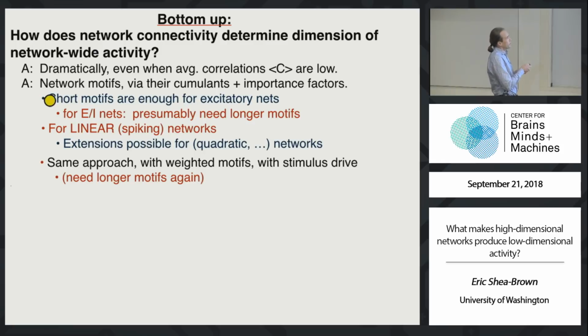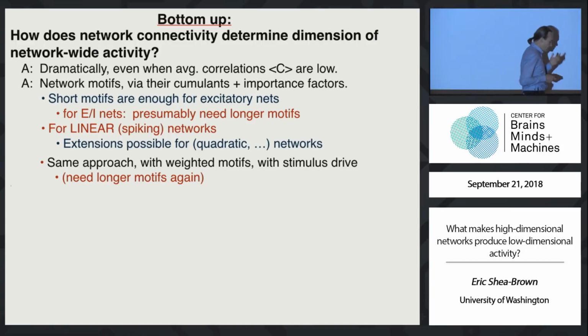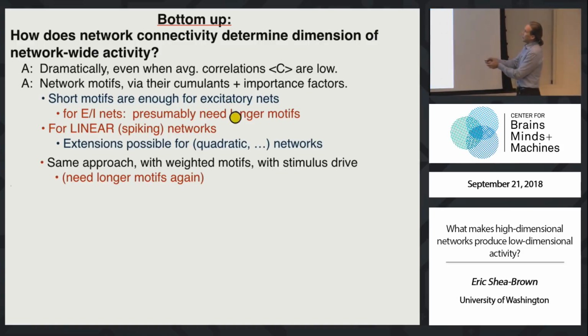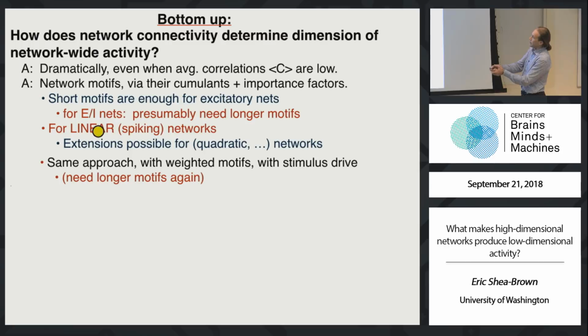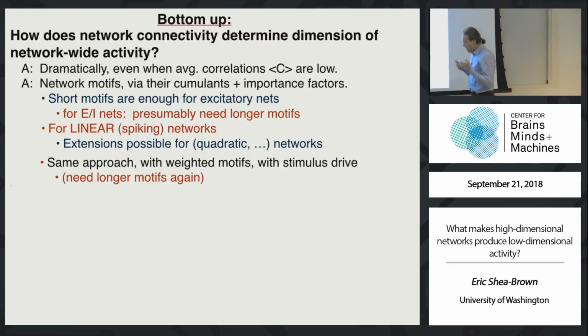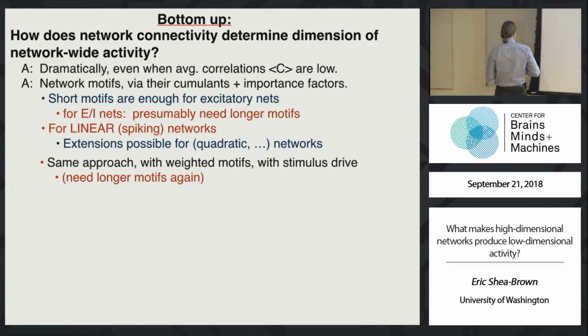We found that short motifs, making for a genuinely useful theory, work for excitatory networks. For EI networks, we had the failure I showed you. Presumably, we can fix that with longer motifs, but we don't yet know how long. There's the caveat on yellow and the caveat that Heim's question underlined, that this is for linear or linearized systems. You can do extensions with nonlinearities that work. They just involve more higher order powers of the connectivity matrix W, making for much more complicated expressions.